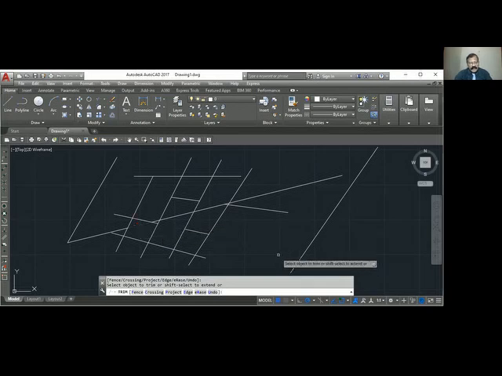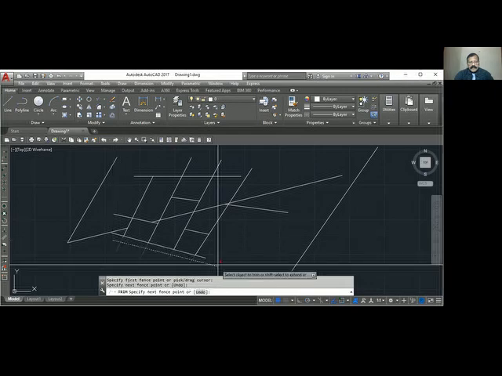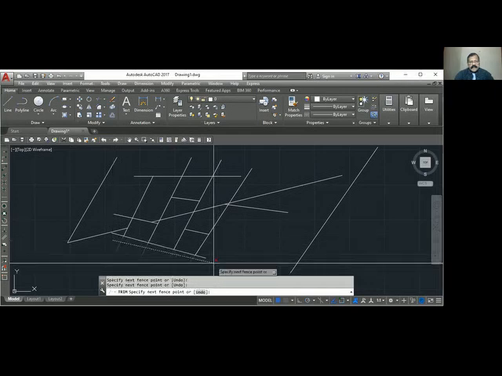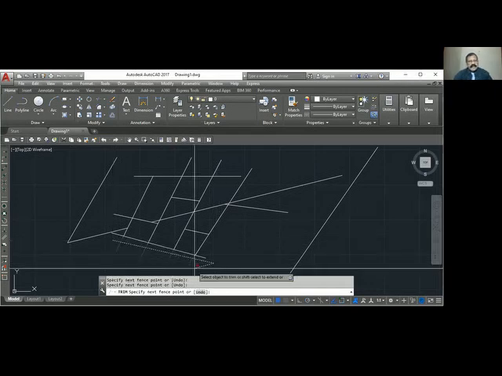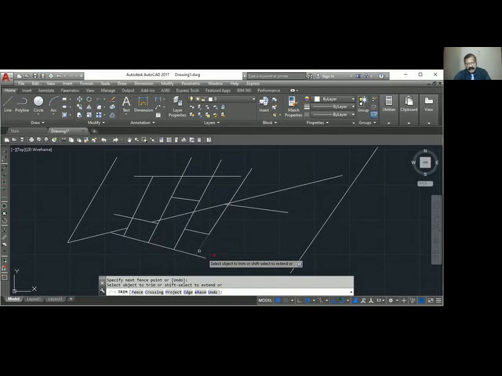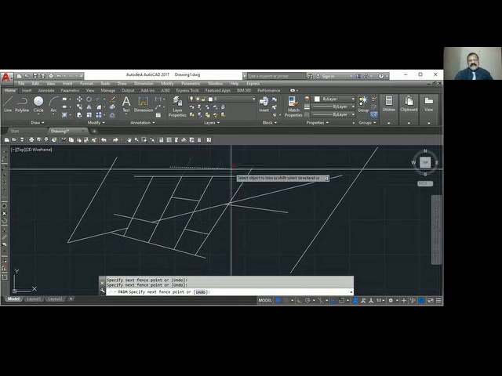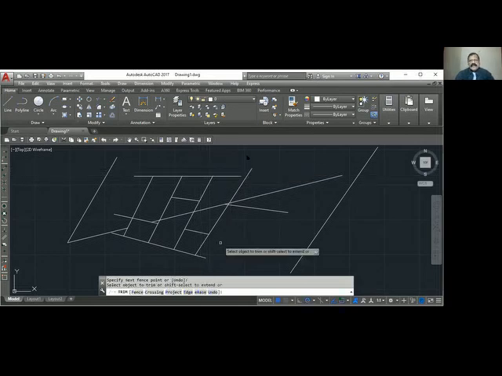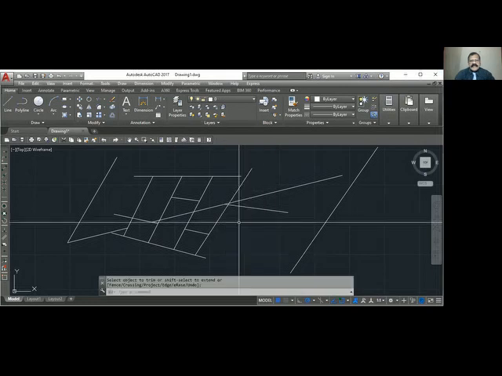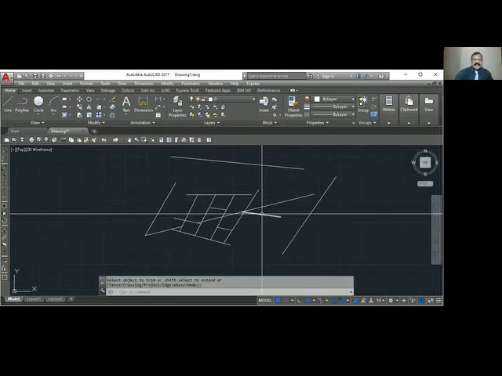You can also use fence, F. So fence is also a very powerful command. Press F and show a fence line. Press enter. So that piece is cut. So that is the trim command to cut extra length of an object. Write down trim to cut extra length of an object.